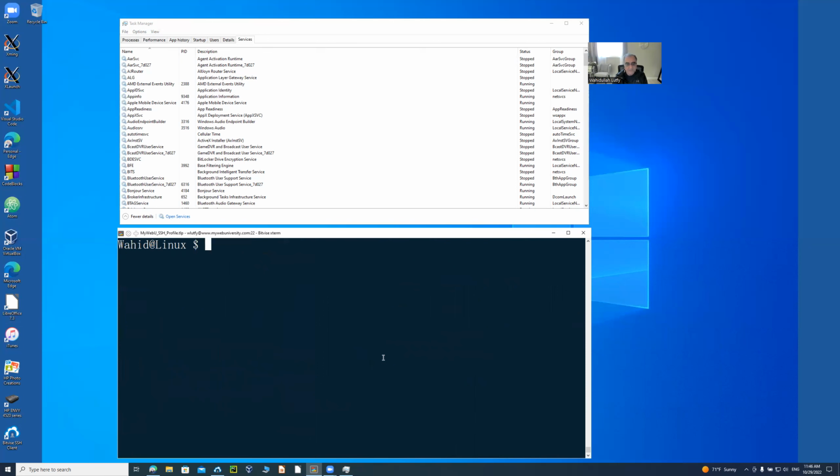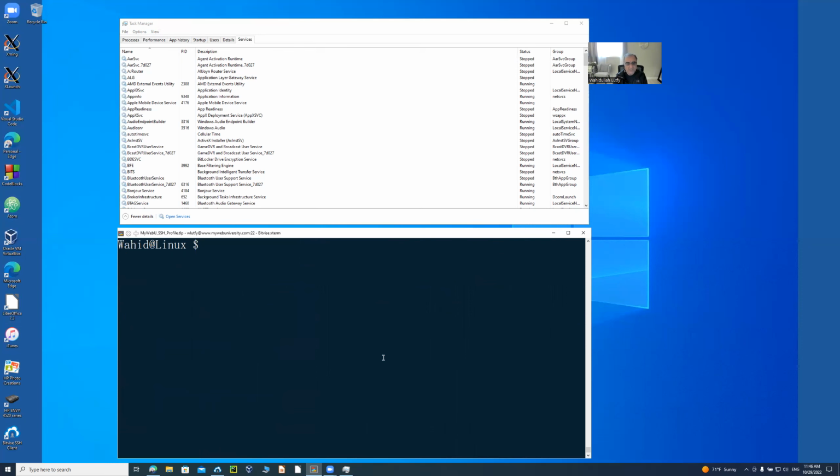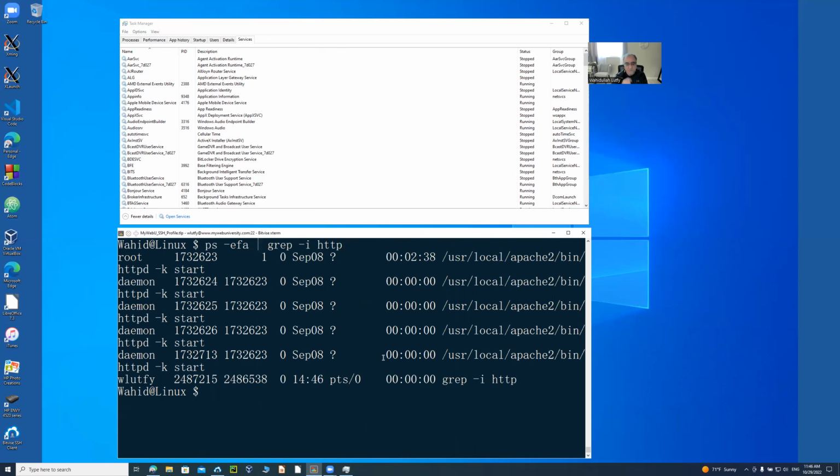So clear screen, if I just do the same thing and then just say colon 22, then I could get the colon 22, port 22. If I just wanted my Apache server, I could just say ps -ef grep -i http. This would just show me my Apache processes. Similarly, I could say, let's say grep -w port 80,